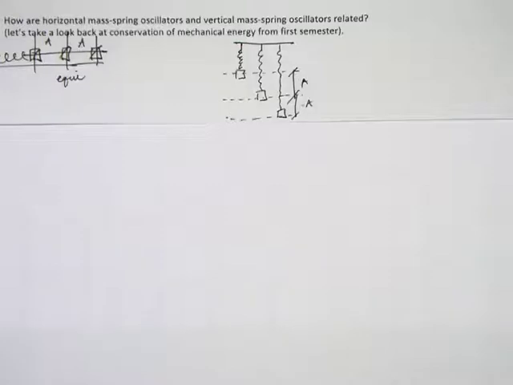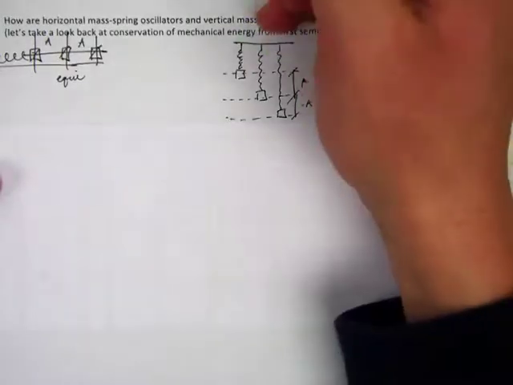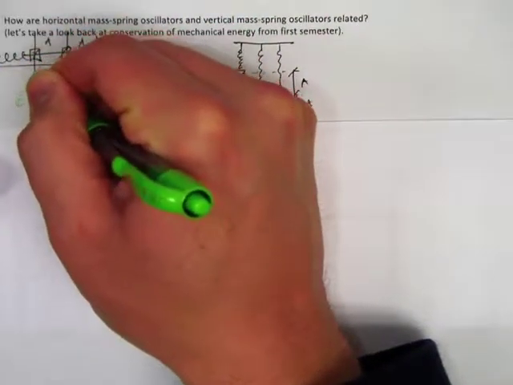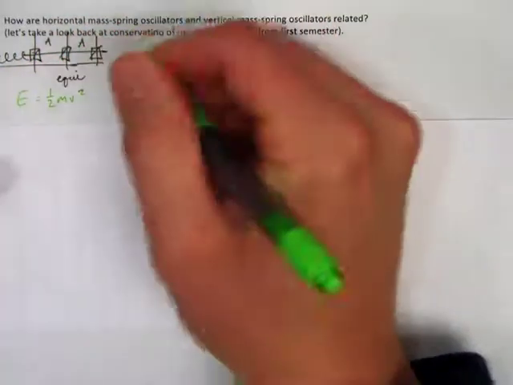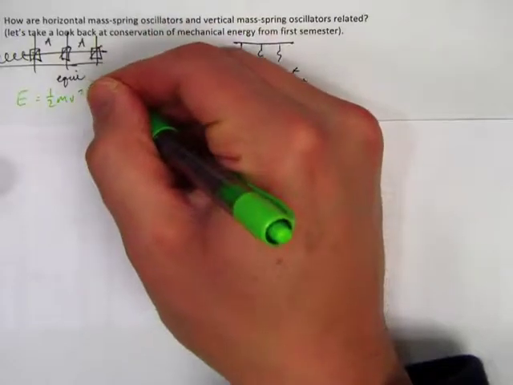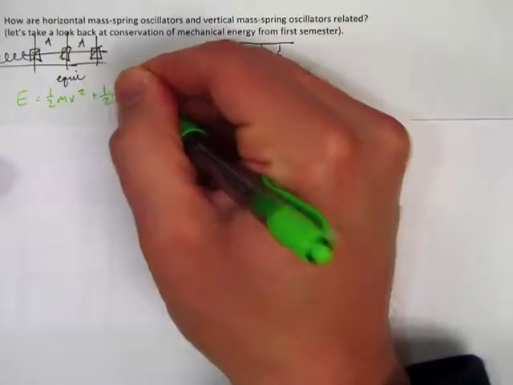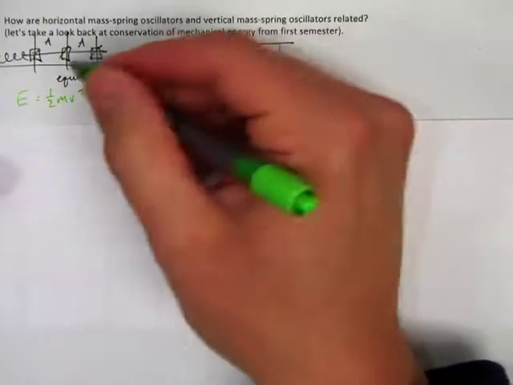In this video, we're going to look at an equivalence that is derived between horizontal mass spring oscillators and vertical mass spring oscillators. If we take the horizontal one that you just saw in the previous two videos, you see that it's a lot easier because your total energy is based upon just 1/2 mv squared, the kinetic energy at any given point in time, plus 1/2 k x squared, which is our spring potential depending upon the stretch of